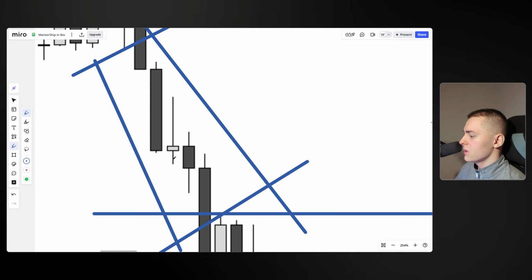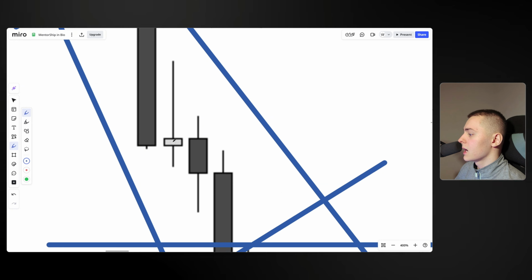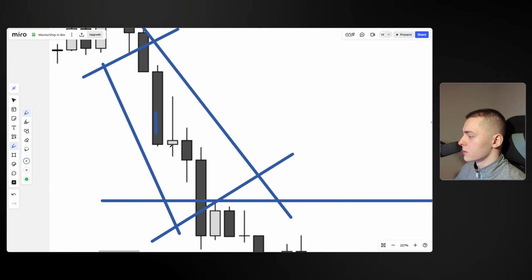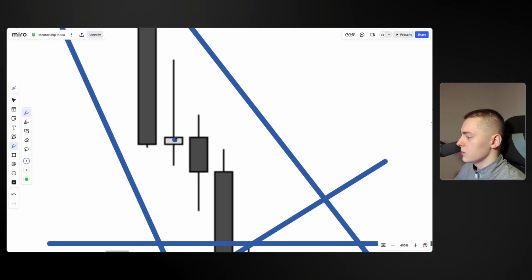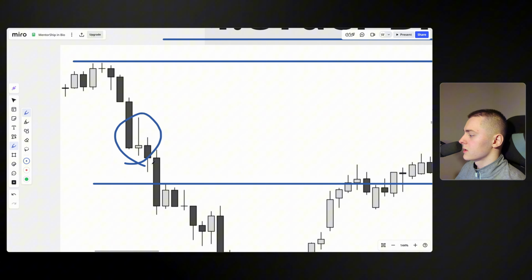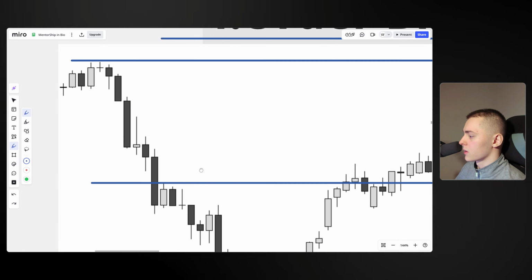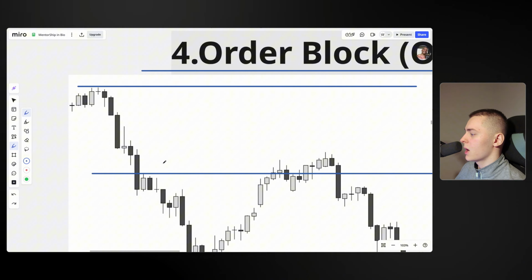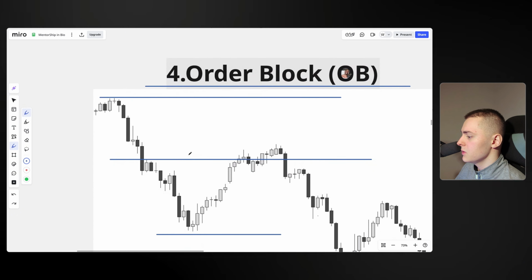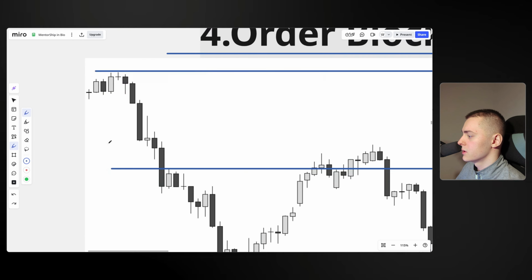As it is going to the downside, it's also leaving behind a couple of bullish candles. So those are bearish candles, and this is a bullish candle. Those bullish candles appear to be random while it's going to the downside, but actually they are order blocks. Order blocks are heavily targeted by the market, and most of the time we get back into them, especially if you combine it with a premium to discount range or the following concepts that I'm about to teach you.